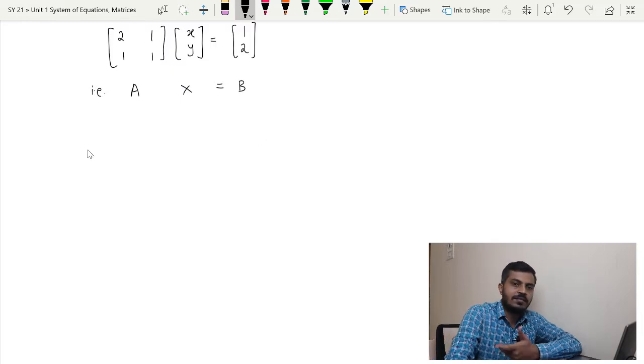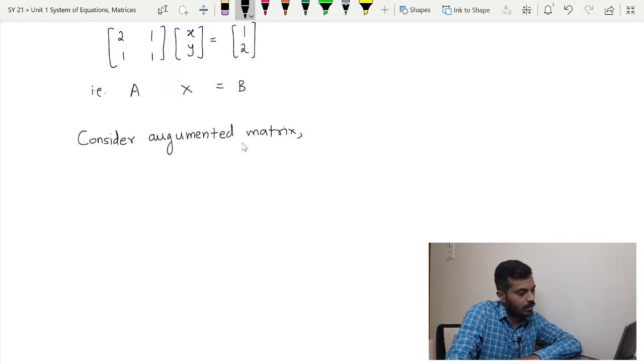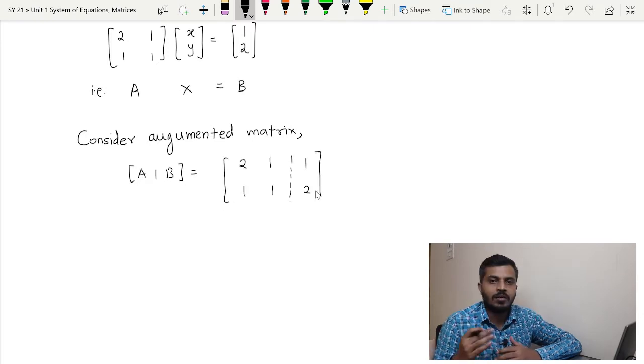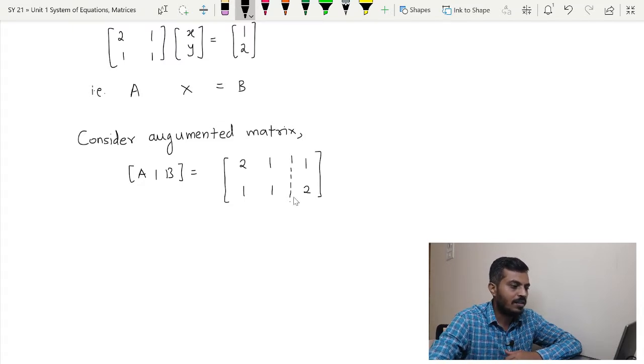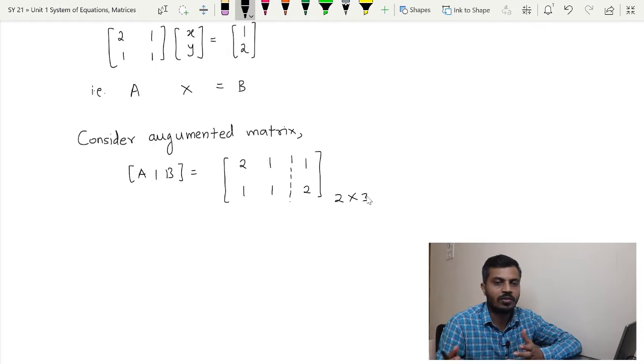For that we will consider the augmented matrix directly. So I will say consider our augmented matrix is nothing but, in this case, this is equal to, now our job is to reduce this matrix to echelon form. So don't worry about this line, you just forget that the line is there. You consider this matrix as a matrix of order 2 by 3, 2 rows 3 columns, and try to convert it into echelon form.